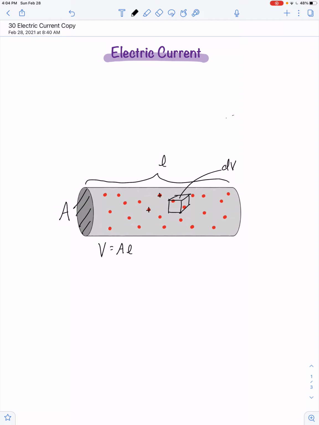Well, if we take a measure of how many of these particles are inside of that fractional volume, then we can come up with a density of free particles that we'll symbolize here with lowercase n, and that would be equal to the number of particles in that small fraction of volume, so we could get an idea of the number of particles per cubic meter. So it represents the density